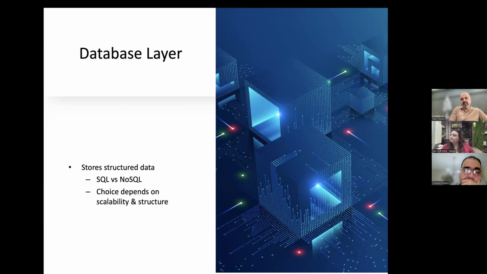NoSQL basically just saves entities and the business logic knows how these entities relate to each other. So it's a more agile way of storing your data. Even if your data is transactional, even if your data is actually structured, you can still store it with NoSQL because it's much faster. So you only use SQL if you're really building enterprise systems.